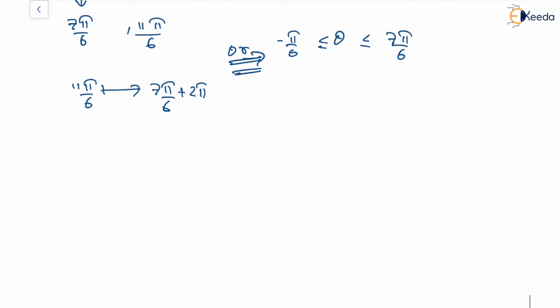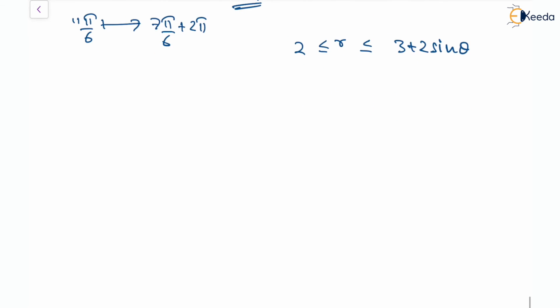So we can say that r will vary from 2 to 3 plus 2 sine theta. So we have got the limits for both theta and r. Now we can find the area of the shaded region. So the area will be given as